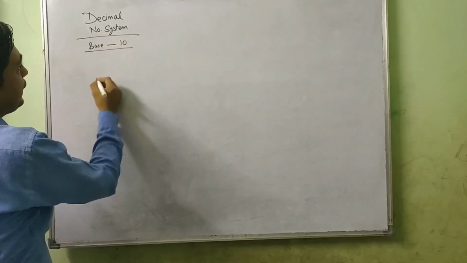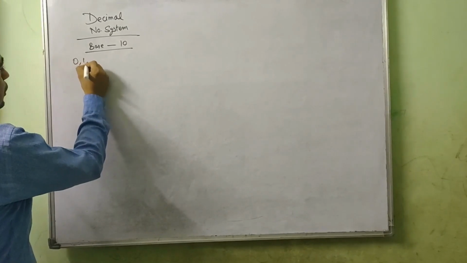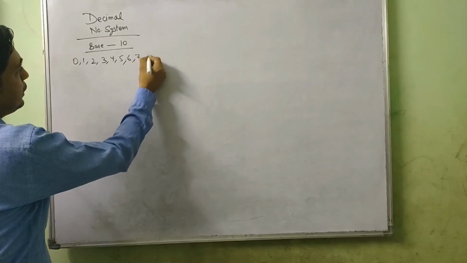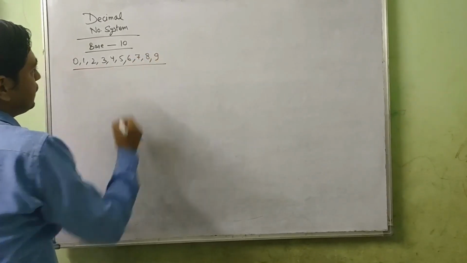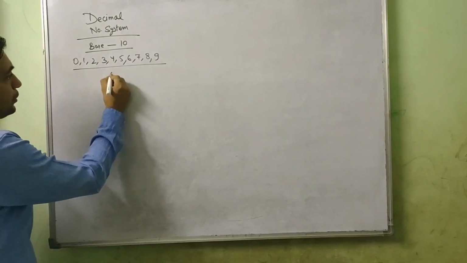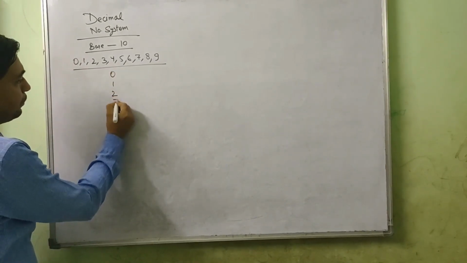That means there are 10 digits starting from 0 till 9 which are used to form numbers in the decimal number system, starting from the smallest one, 0, and then it will move on